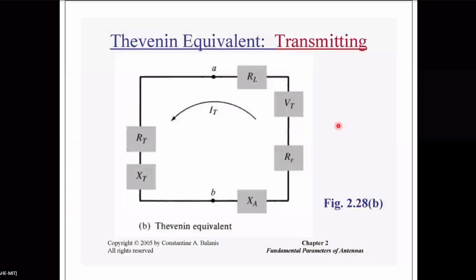How do you get captured power? Half VT into IT star, sorry, not IT square. This is missing in the slide. I hope all of you can make it out and derive the equations and keep it aside, because it may be asked in the exam. I am not showing it in the slide. I hope all of you can do it, no?